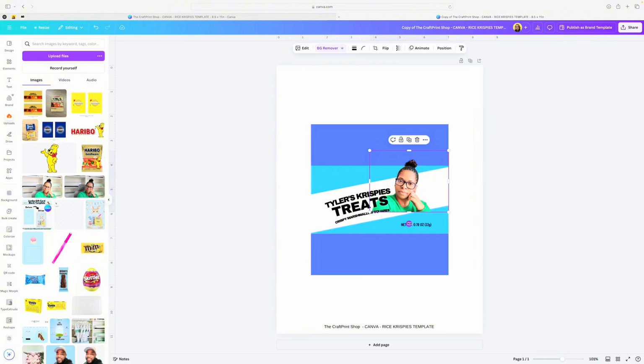Let me change the name too and put Shondell, right? And we could just drop me right here. But right here, we want to get under that light blue line so that it's in the front. Look at how simple that is. Let's move it up just a tad bit so it could be on the line here. Come out of it. Look at that. I'm on a Rice Krispie treat. And it's that simple. Now, if you want to change colors,